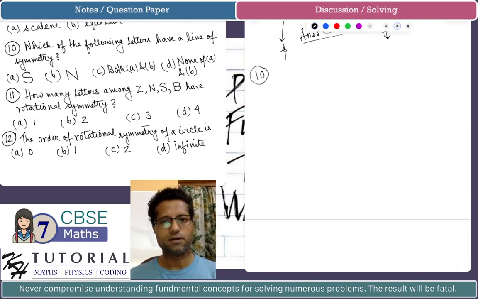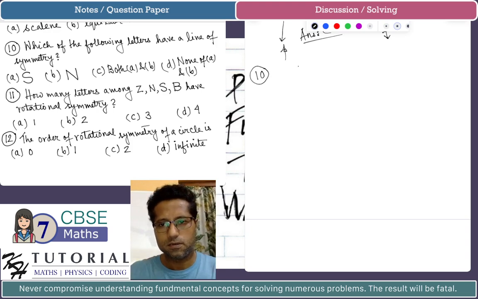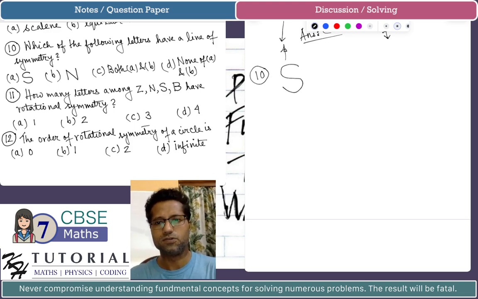Which of the following letters have a line of symmetry? Choice A is S, choice B is N, choice C is both A and B, choice D is none of A and B. Now S, which of the following letters have a line of symmetry? S has no line of symmetry. You must know